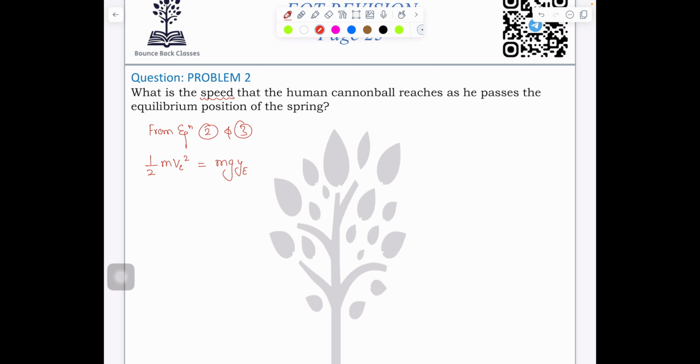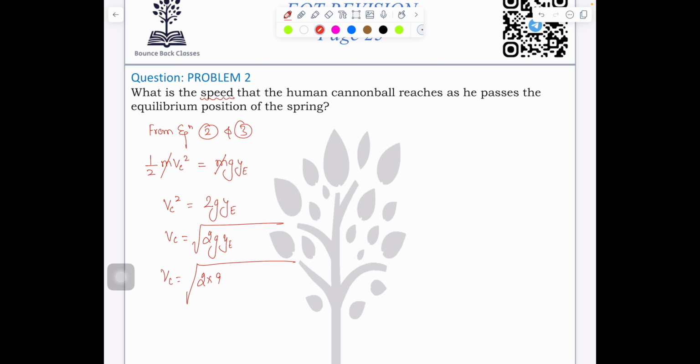Yes or no? Sure. Solve it. Take 2 this side. First of all, the masses cancel. So vc square equals 2gye. So vc is equal to root of 2gye. Place the values. vc is equal to root of 2 multiplied by